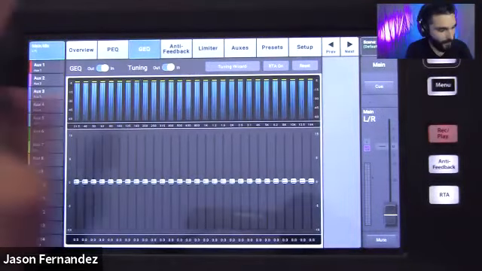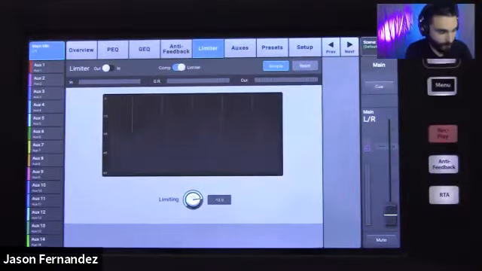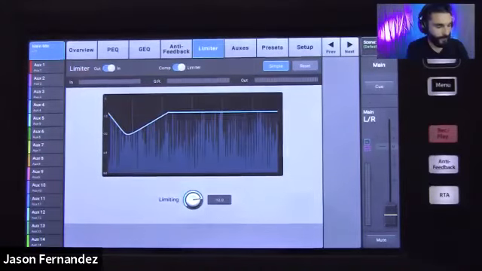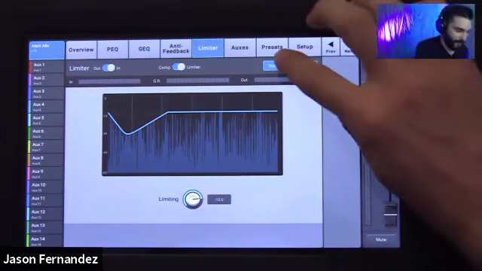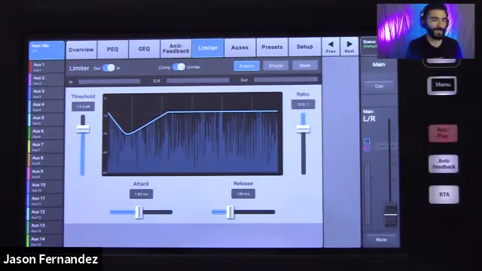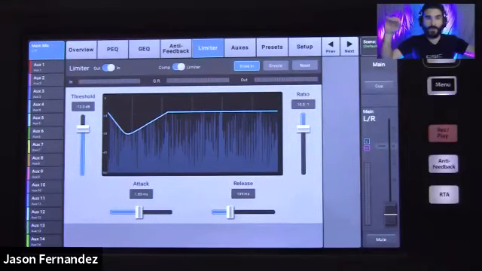And I've got limiting here. So a limiter, if I punch that on, a limiter is essentially a compressor with a very, very high compression ratio dialed in, and it acts more as a signal limiter as opposed to more of a dynamic control.